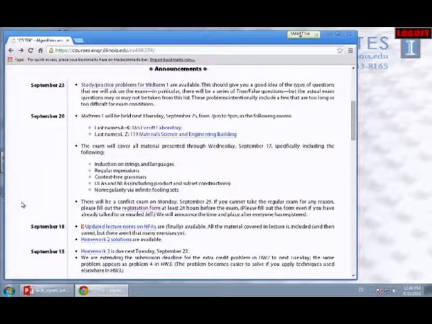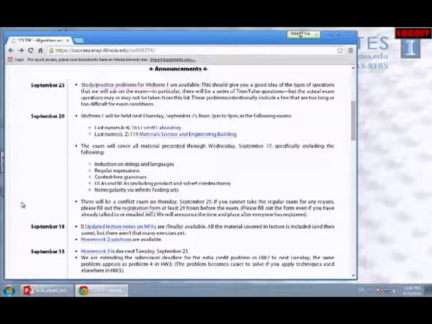Please fill this out by tomorrow night so that we know how many people are going to be in the exam and we know when we can schedule it far enough in advance to actually make an announcement and plan for it. Are there any other administrative stuff? Homework 3 was due half an hour ago. Homework 4 will release after the exam.